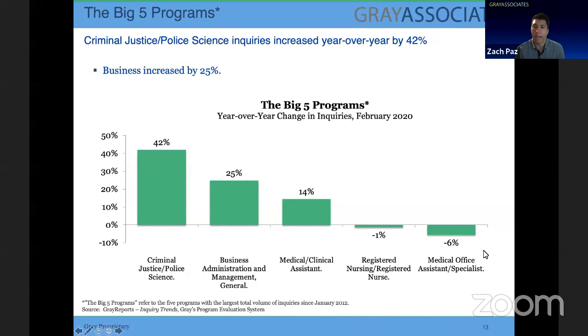Interestingly enough, we have 3 healthcare programs here. One growing is medical and clinical assisting, which for a long time was in decline with a lot of changes within the institutions offering that program. So it's good to see that's bouncing back with growth year over year. Registered nurse and medical office assistant are pretty interesting to see as a decline. These are both still very large programs, so to even just see them flat for registered nursing and a slight decline for medical assisting isn't too worrisome, especially since we saw such large growth in those programs over the last couple of years.